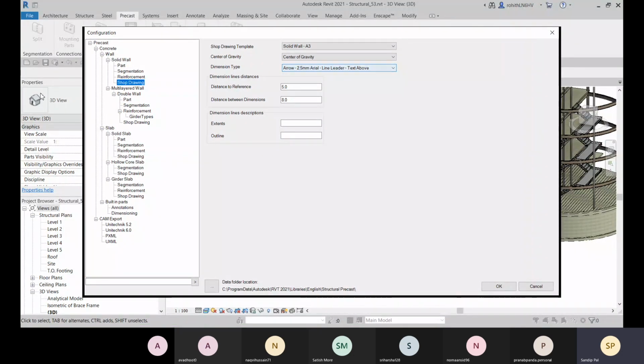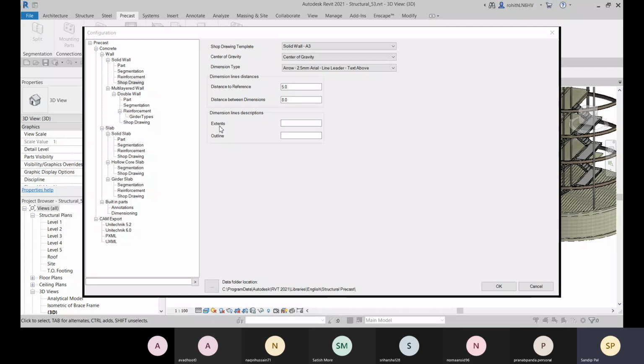You can go to annotation, and there you can customize the dimension style. You already know. And there you can choose the dimension line distance and dimension line description.